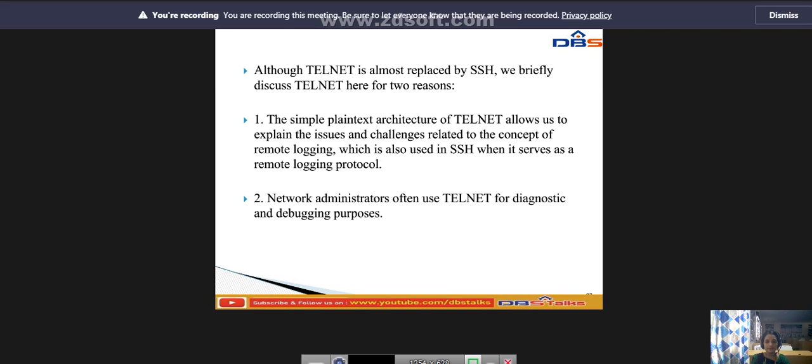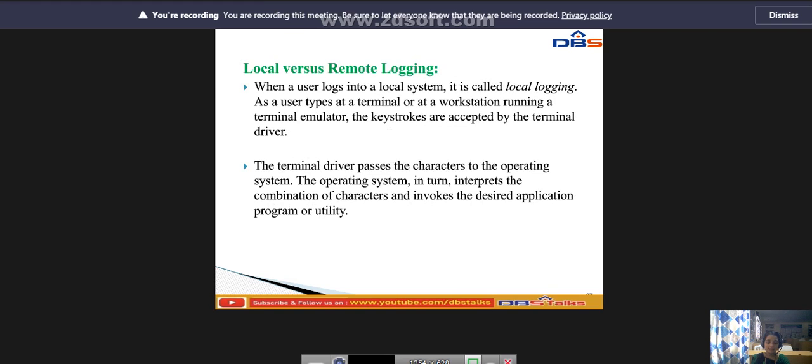Next we have local versus remote login. When a user logs into the local system, it is called local login. The user types at a terminal or at a workstation running a terminal emulator.